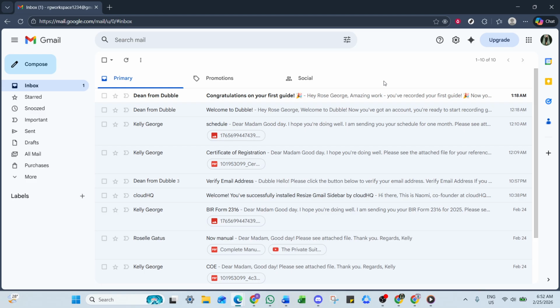If your screen looks a little different, just remember the path, click the gear icon, choose See All Settings, open the Inbox tab, uncheck Updates under Categories, and save. And that's it. You've streamlined your Gmail by removing the Updates category, making your inbox simpler